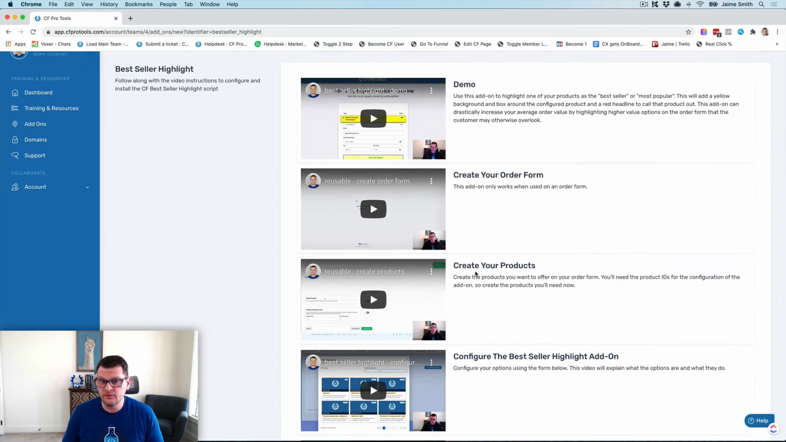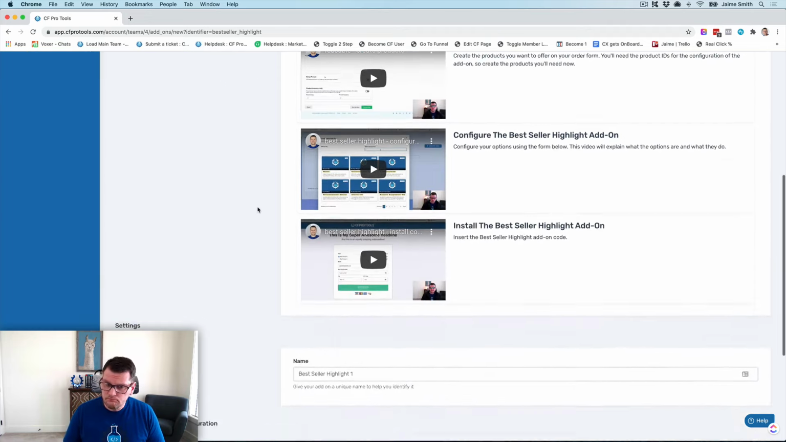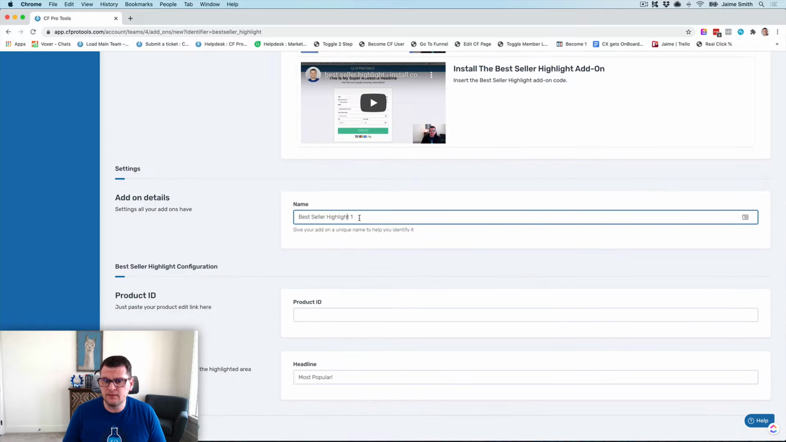Every add-on is slightly different, depending on how much configuration there is, but you get full video instructions with every add-on inside of CF Pro Tools. And then the next thing we want to do is we just need to give it a name. Okay, bestseller highlight 1, that's fine. We're going to leave that there. I'm just going to call this demo video